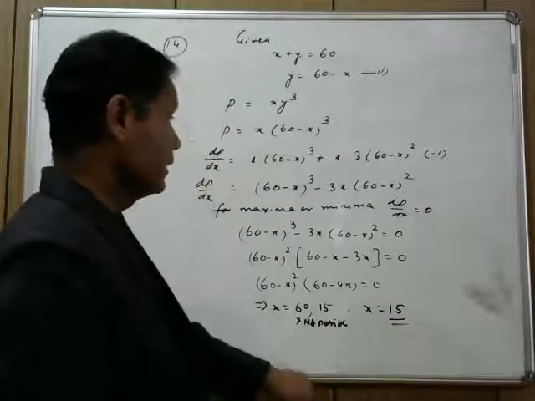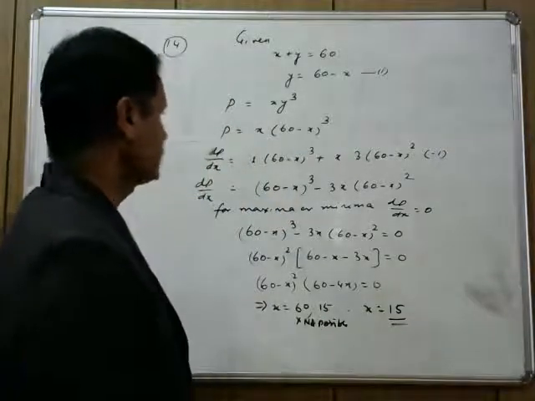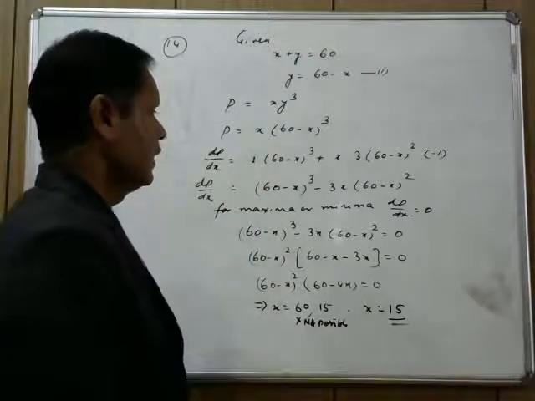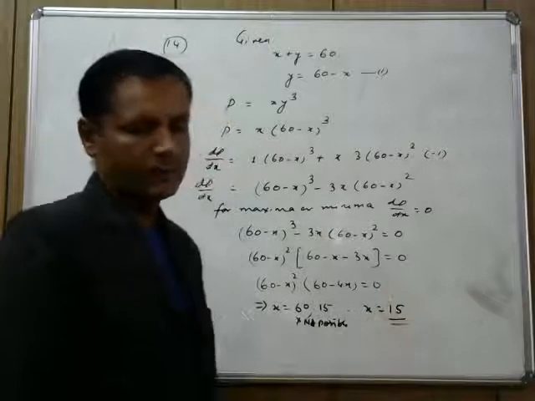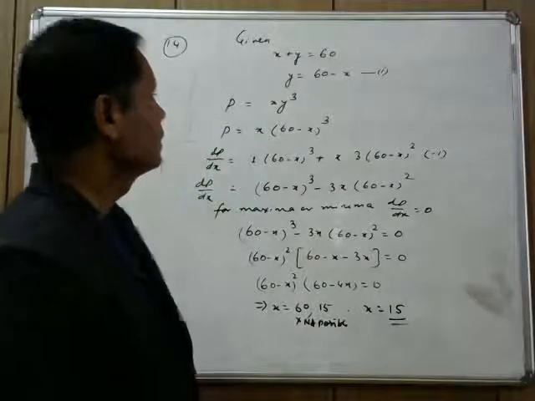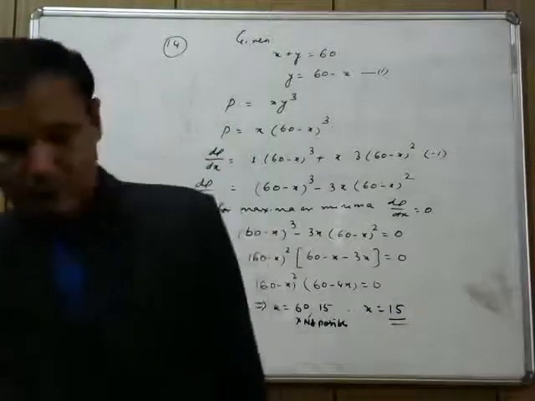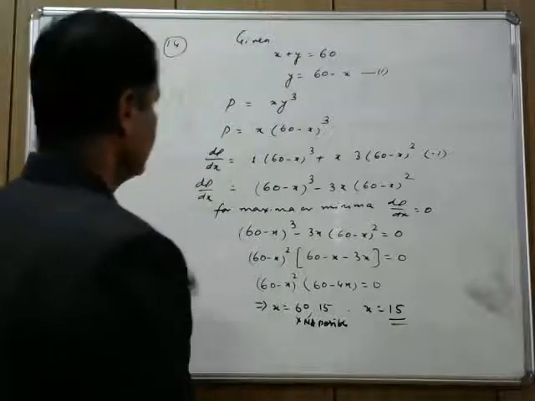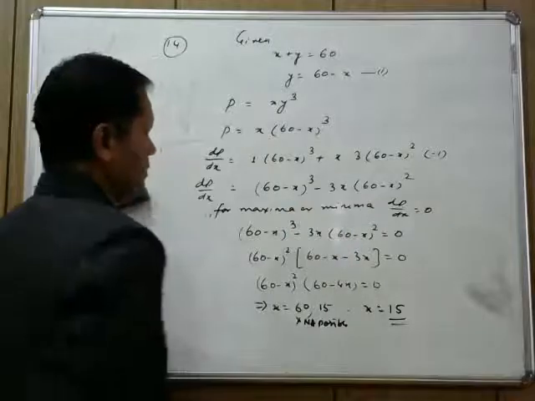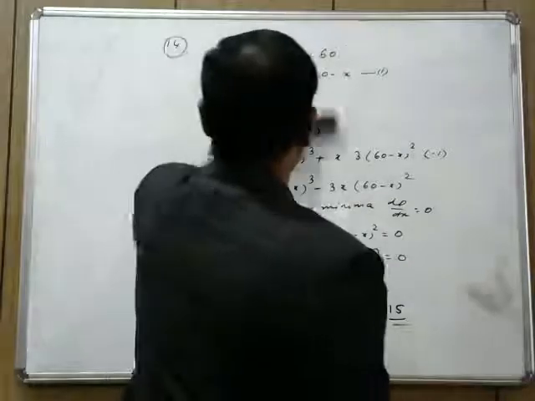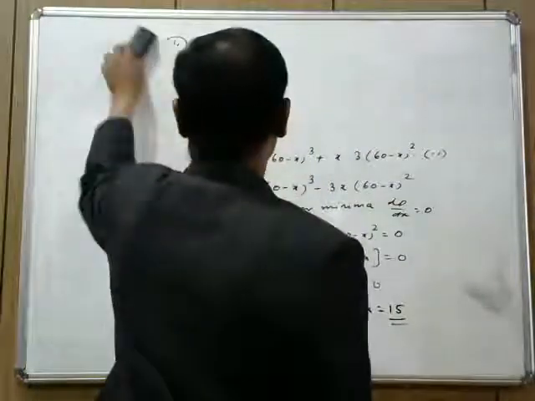Now I have to check whether this given function attains the maximum value at x equal to 15 or not. For that we have to double differentiate, right? So now dp by dx we have (60 minus x) whole cube minus 3x into (60 minus x) whole square, and therefore